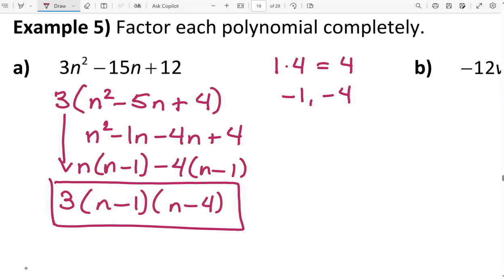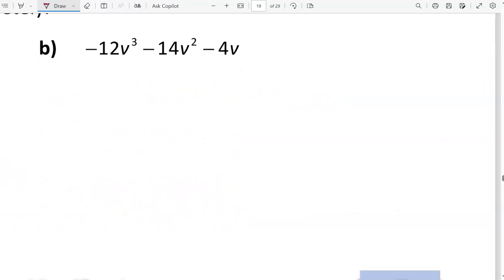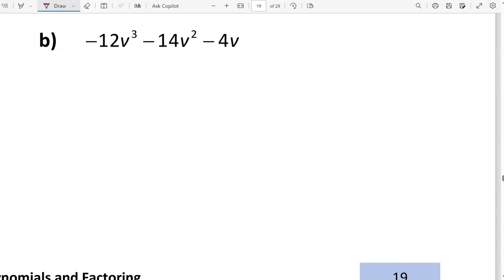3 is one of the three factors of this polynomial. In B, we can factor the greatest common factor first, which is negative 4v. Since the lead term has a negative coefficient, we're going to factor out the negative of the GCF. Negative 4v times 3v squared plus, and in fact, the greatest common factor is not 4v, is it? It is 2v. So factor out a negative 2v, and that will leave us with positive 6v squared plus 7v